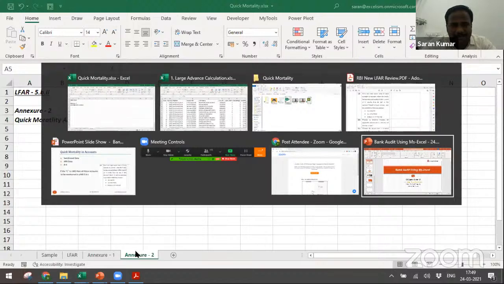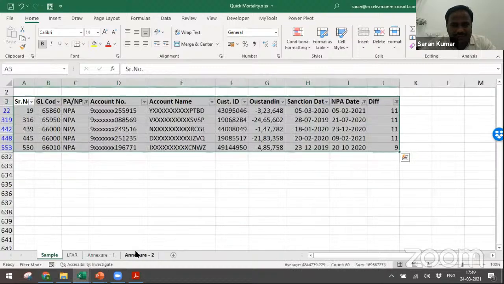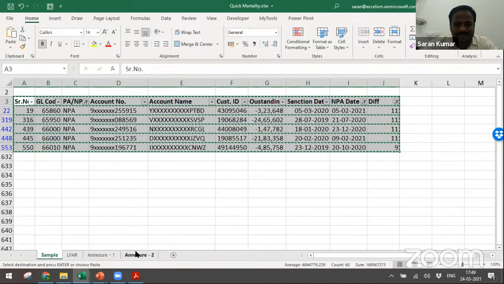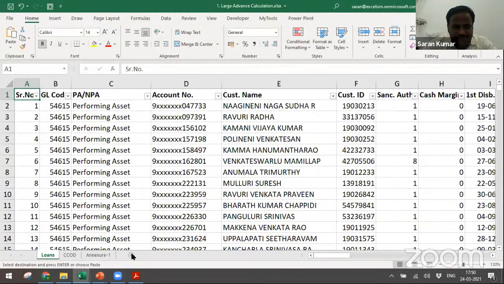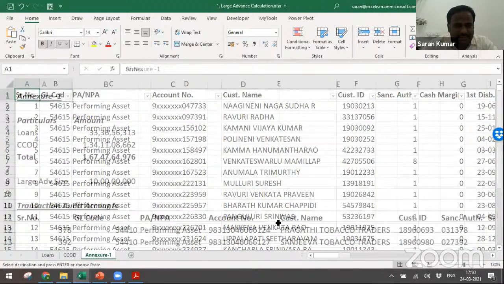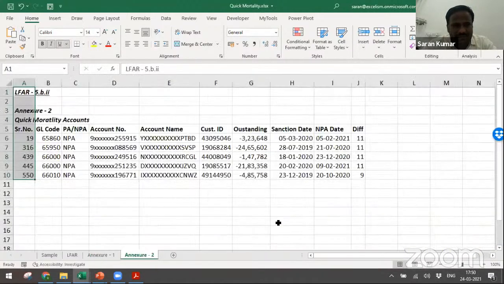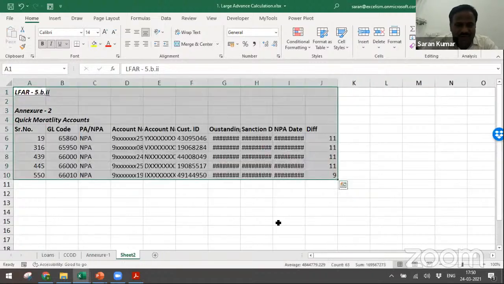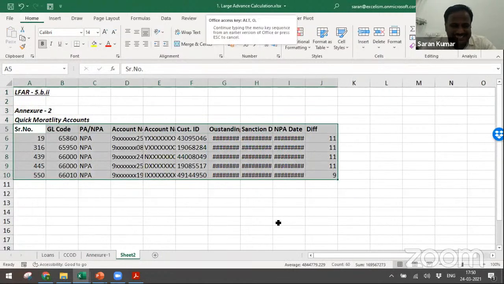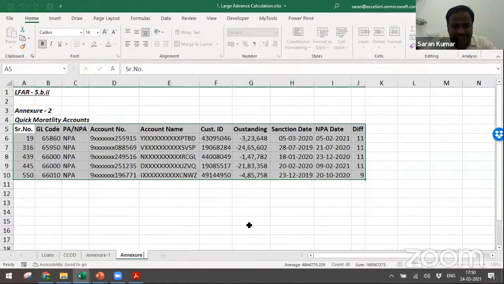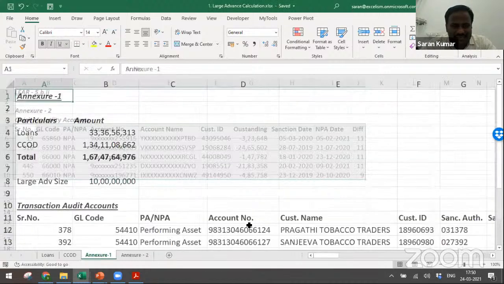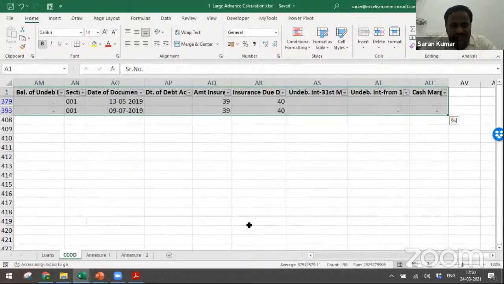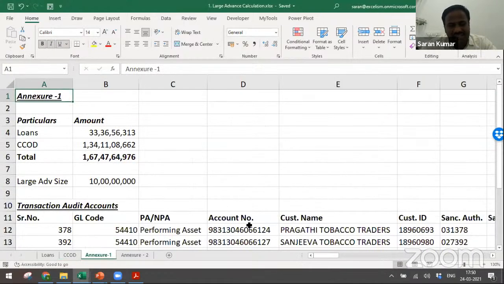I'm sorry, 1 second. Yeah, just go to this, copy this. You can just go here. You can just paste here. That's all. So let me copy this, and I want to have this here. Let's go here and paste here. One second again. Let me copy this and paste it so that the entire file will be there in one Excel. That's what my point is. This is annexure number 2, as simple as that. Let me save this file. So if you observe, while I do the work, my working papers and LFAR are also getting ready.